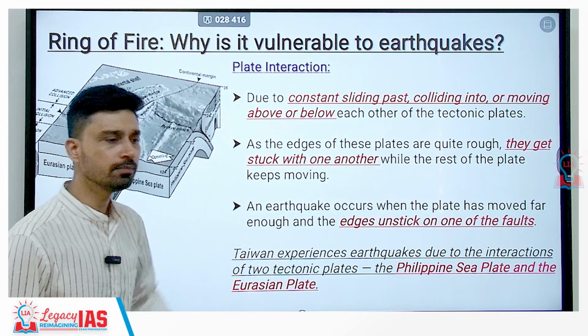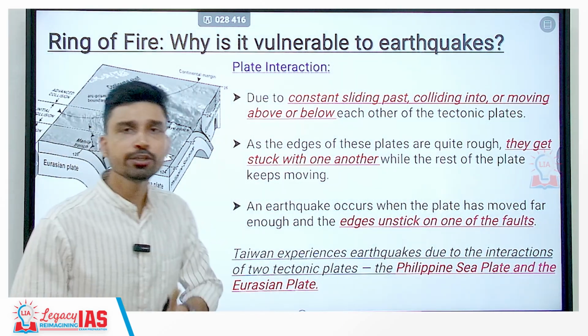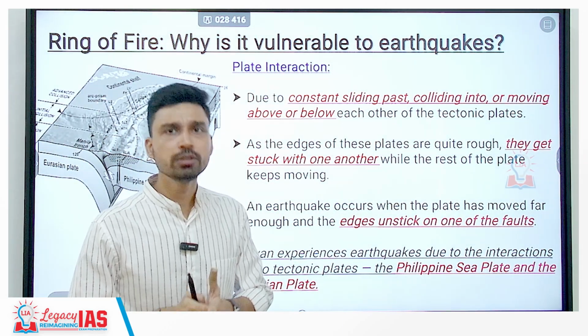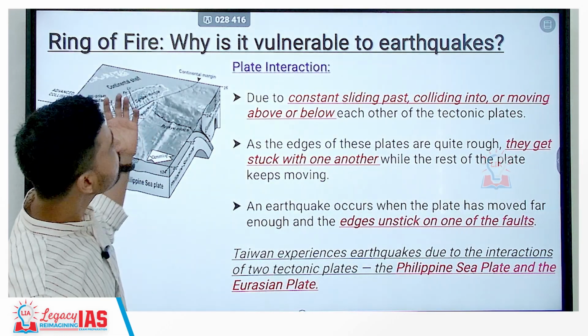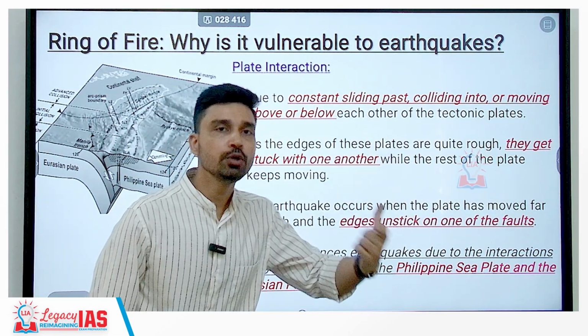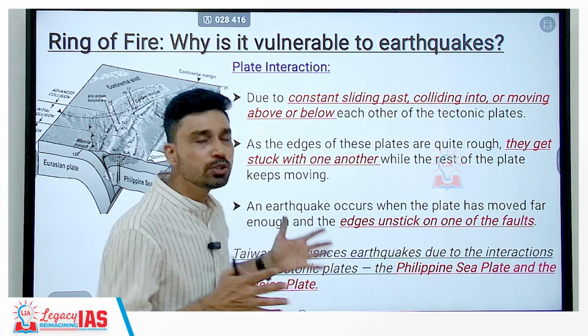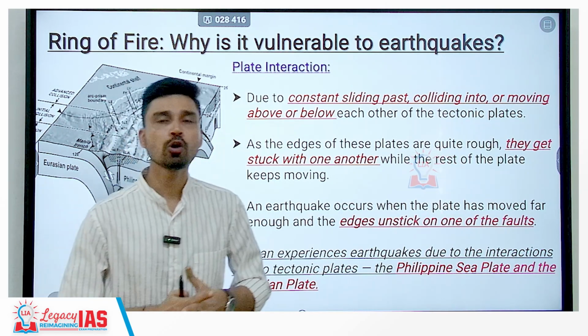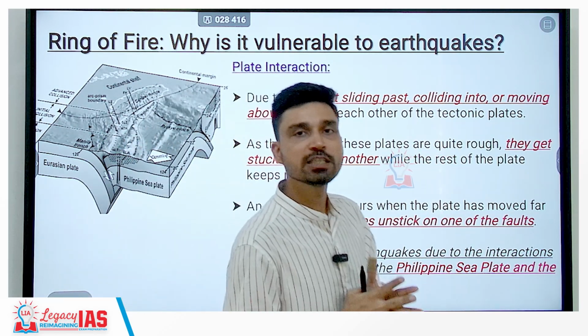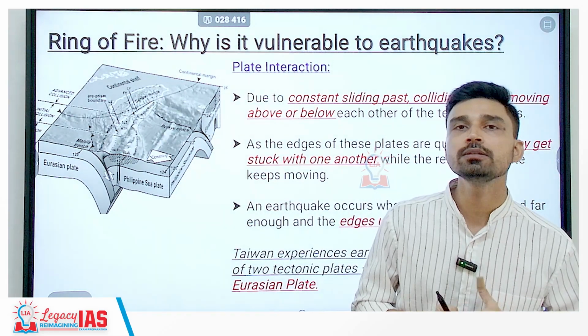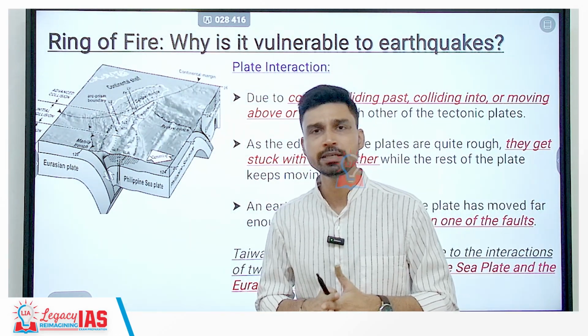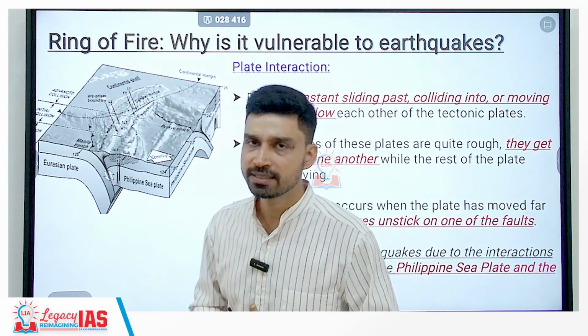So the question that comes into our mind, that obviously we have understood that Taiwan is situated on the ring of fire, but why is the ring of fire vulnerable to phenomena like earthquakes? This we can understand by looking at the core concept of geography, which is referred to as plate interaction. We know that the earth is entirely made up of several plates, a total of 7 major plates we can distinguish here,